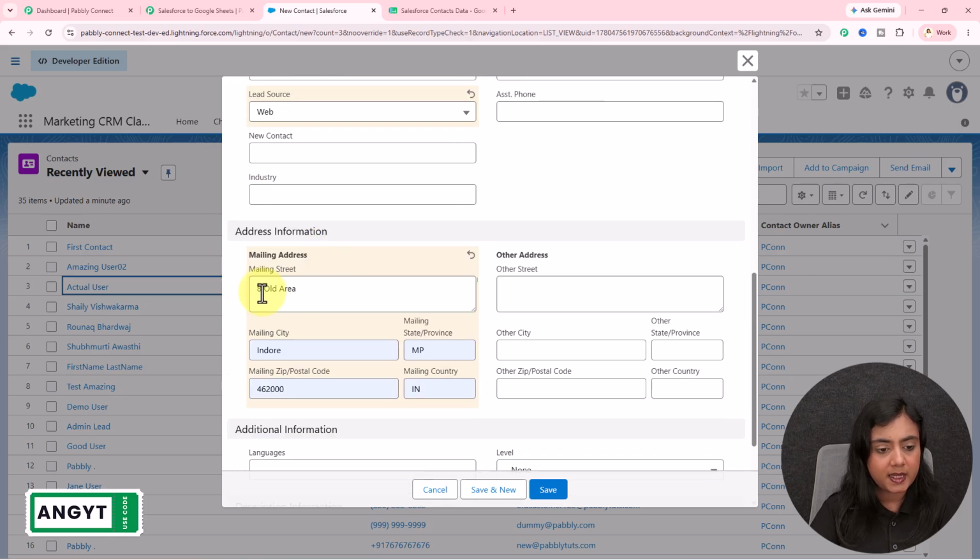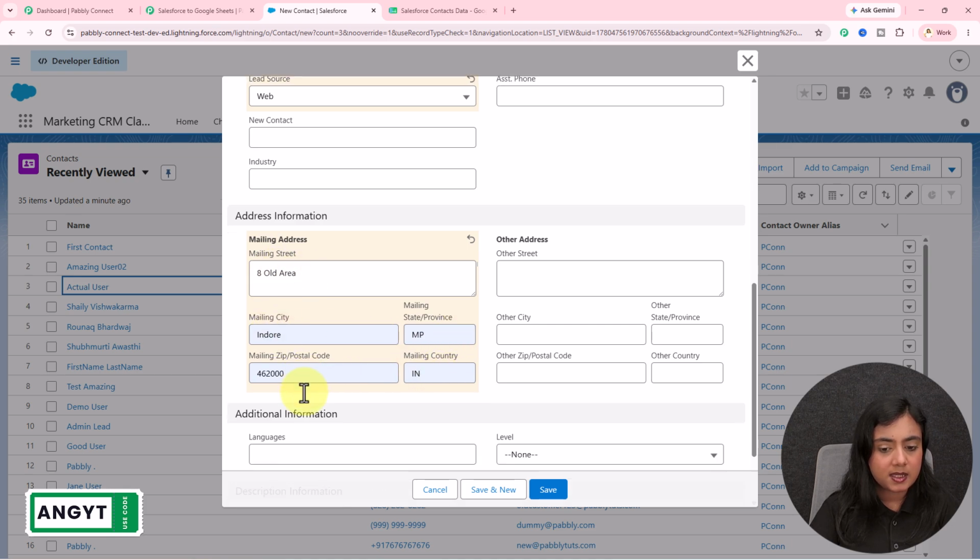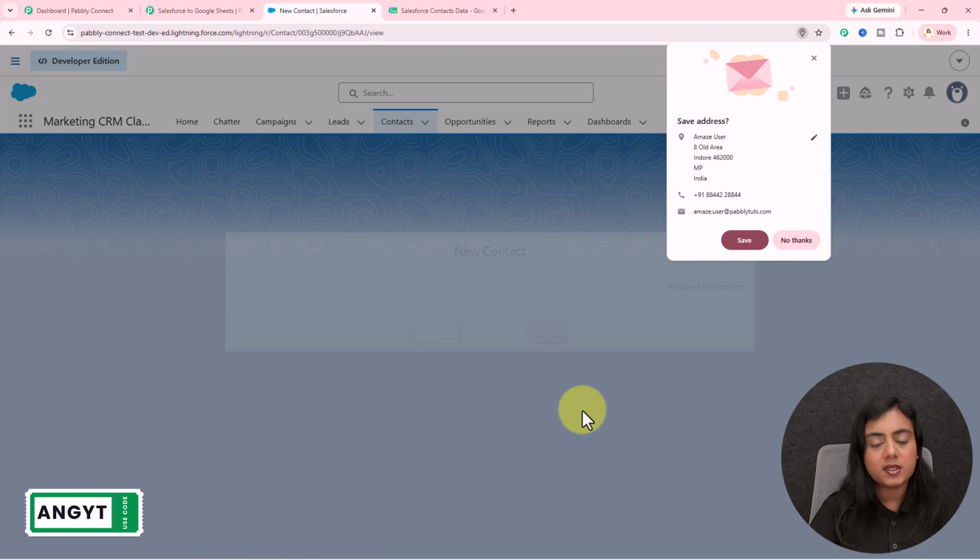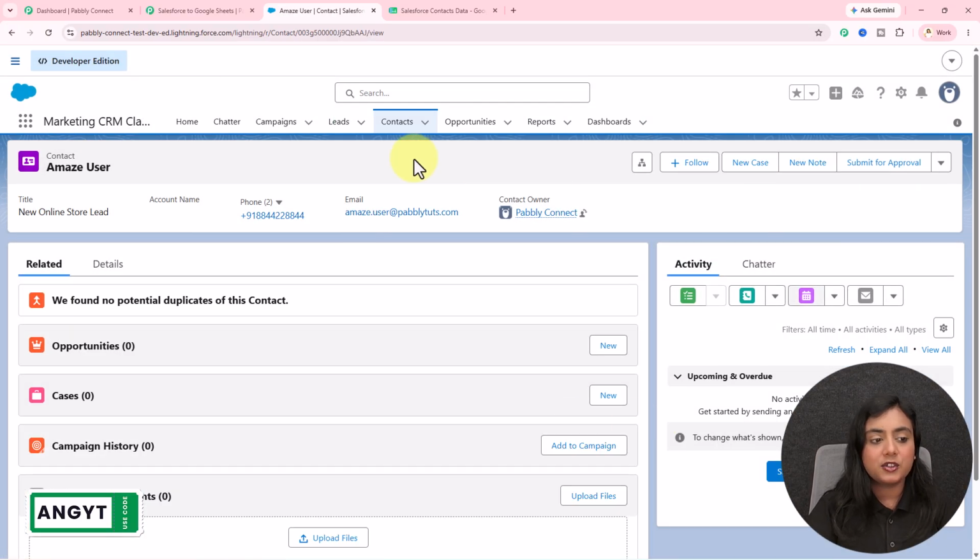Amaze.user@pabblytudes.com. It's a web lead. Address is 8 Old Area, Indore, Madhya Pradesh, India. This is the postal code. I will save this contact from here. As now the contact is created, Amaze